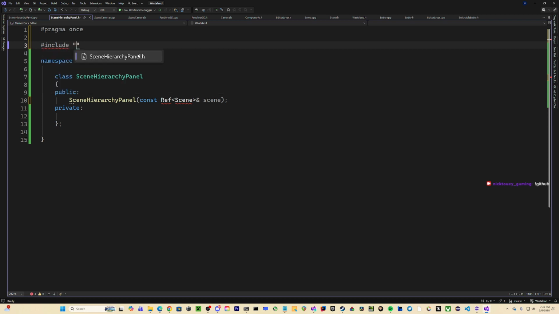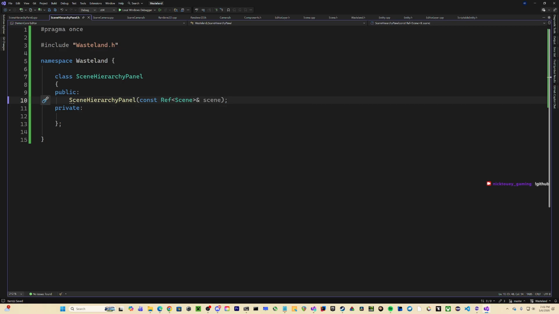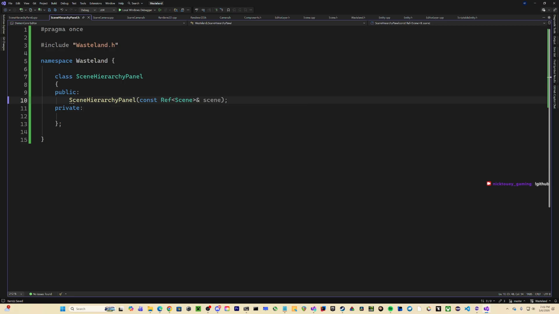Include... No, can I just get away with including Wasteland.h? Yeah, I can. That's probably the best thing this codebase has. That actually makes this easy. At least easy for me, anyway. I don't know if it'll be easy for anyone else. Const scene.